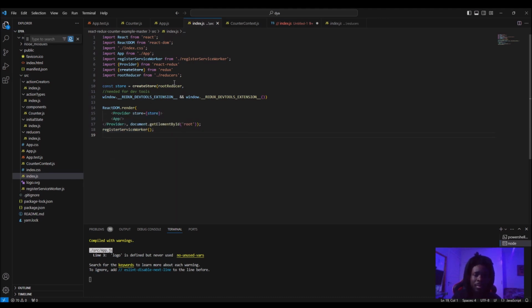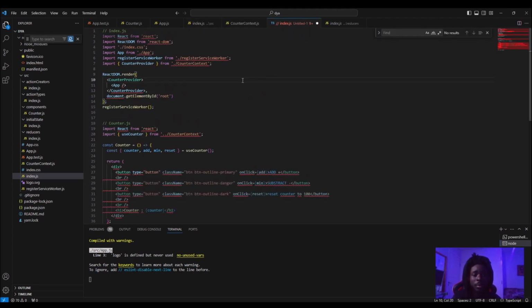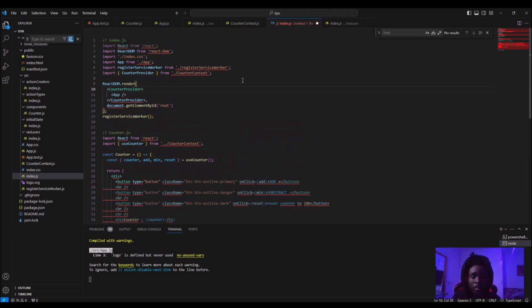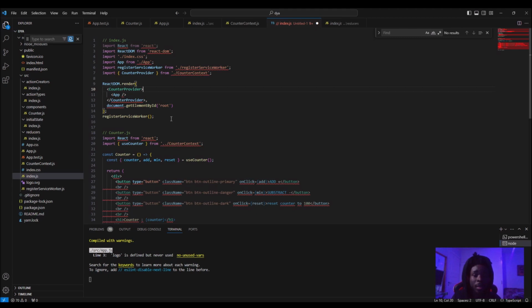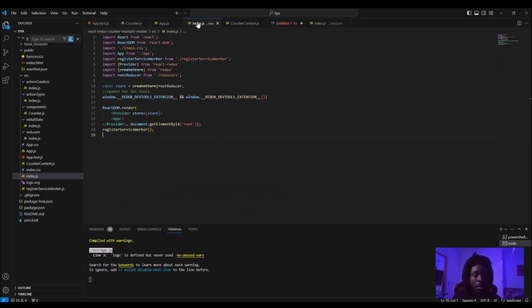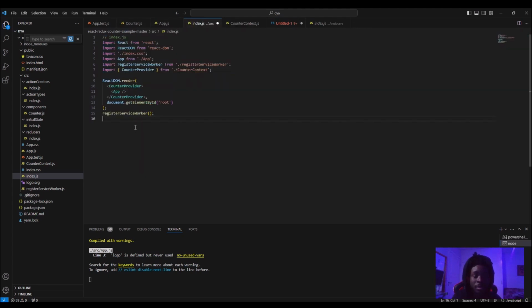And if we're going to use the useContext API, on the other hand, I jotted down what changes we have to make here, and really all we have to do is replace our index.js and our counter.js. That is basically going to switch from using Redux to using the useContext API or hook. So if I change our index.js with this instead, as you can see here, instead of the Redux store,